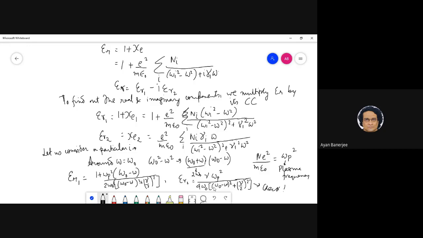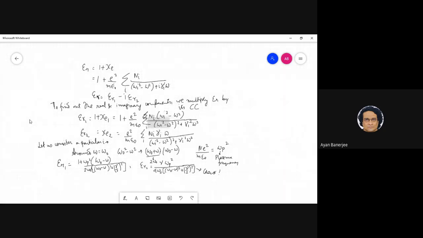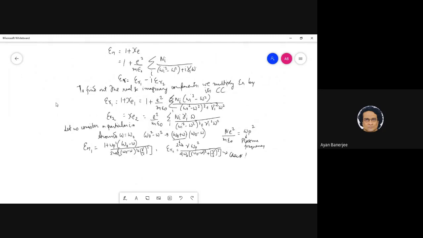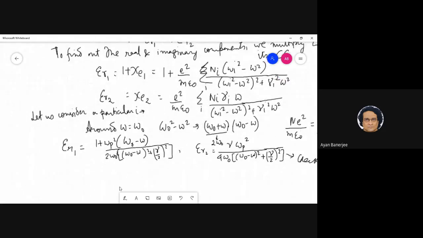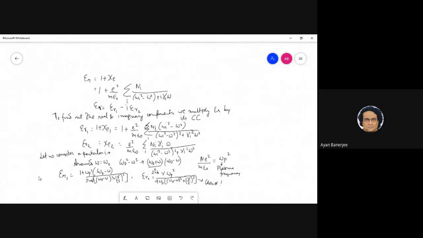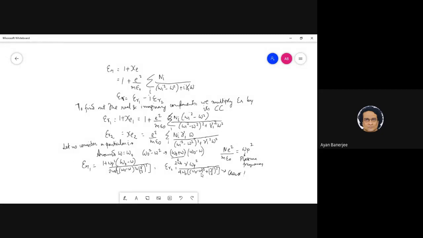But please check this. The reason one does this is very straightforward. Let us just, why is this not zooming out here? Ah, suddenly it worked. But it's probably too small, I'll make it in a different way. So at least you can preempt this. Now I am going to plot this epsilon r1 and epsilon r2.